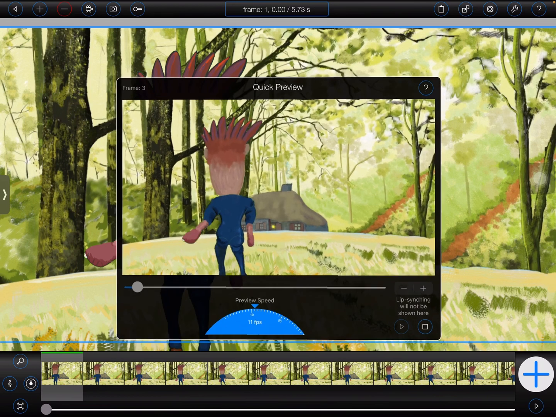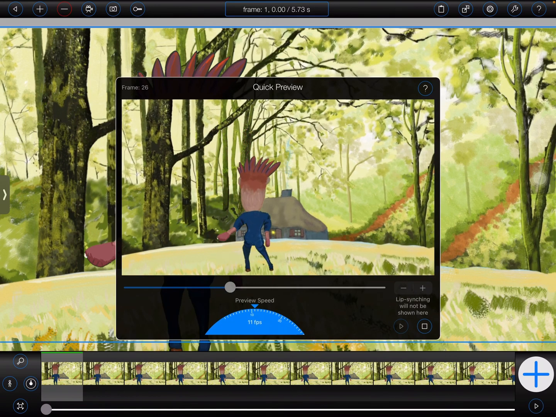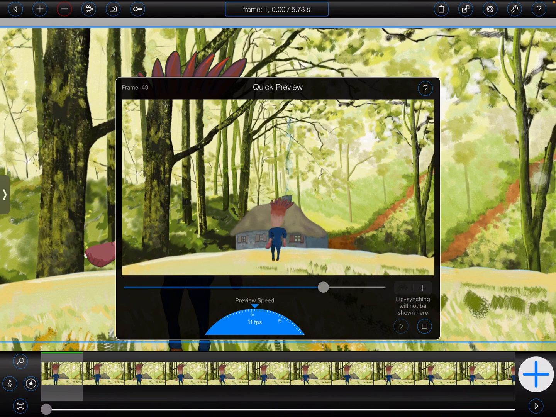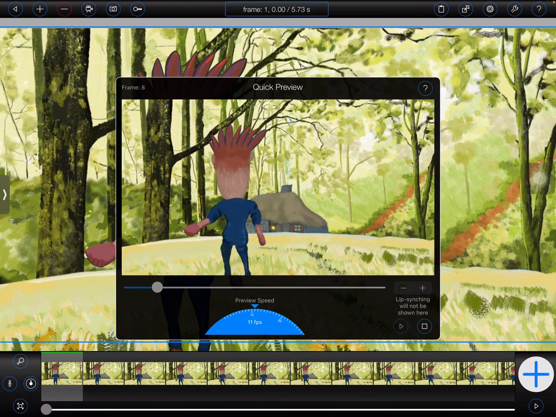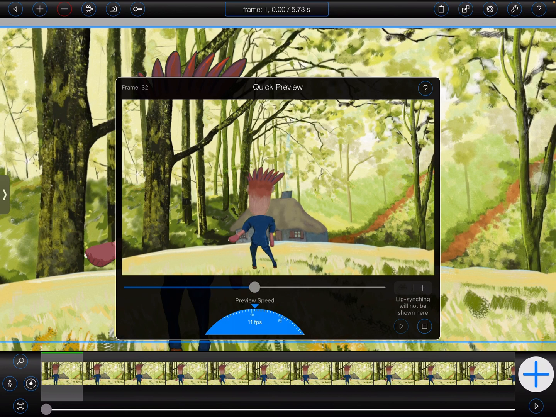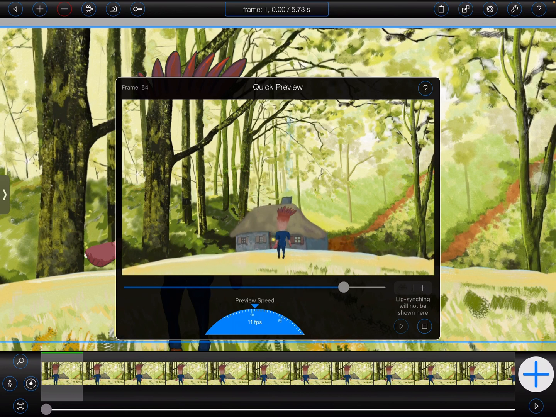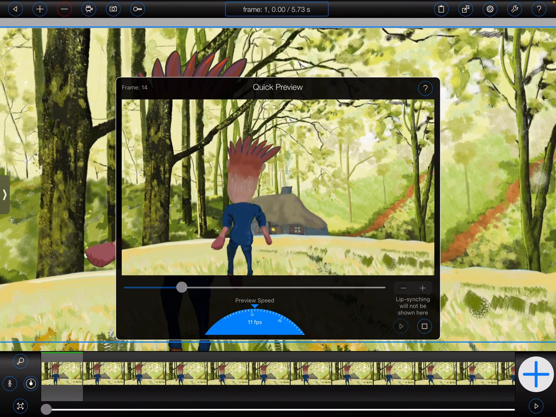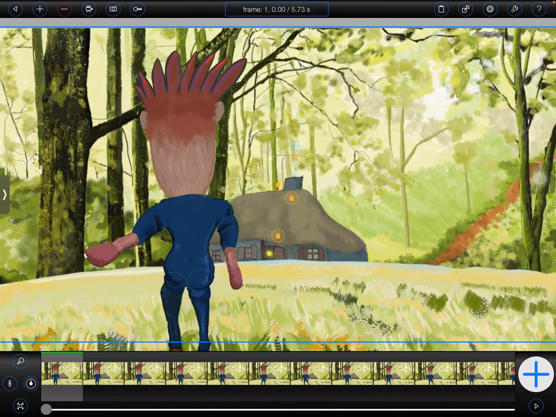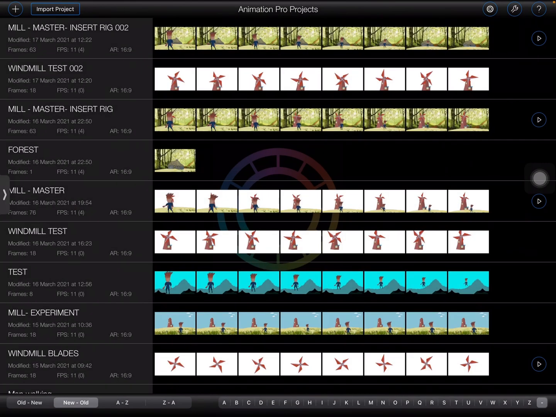I thought I'd just show you this to start with. This is some dude who is going to go and see the potato house in Van Gogh's painting of the scene of the potato family, and probably he'll end up having some sort of conversation. So, what am I going to talk about today in Animation Pro? Well, what I thought I would do is